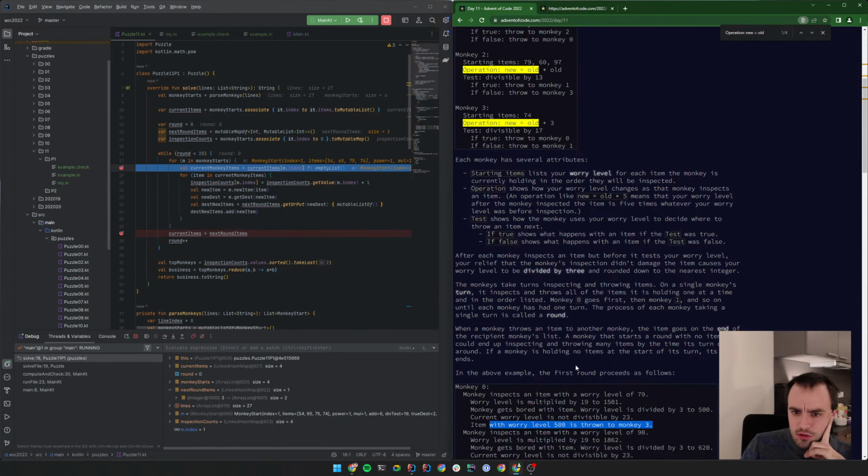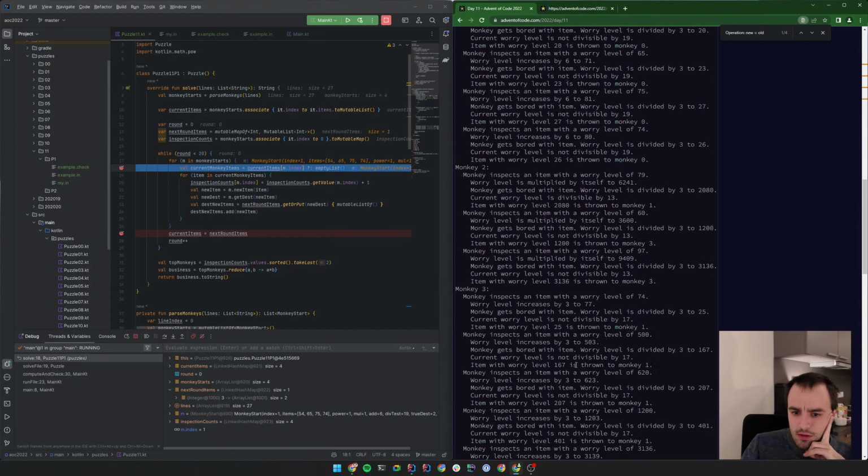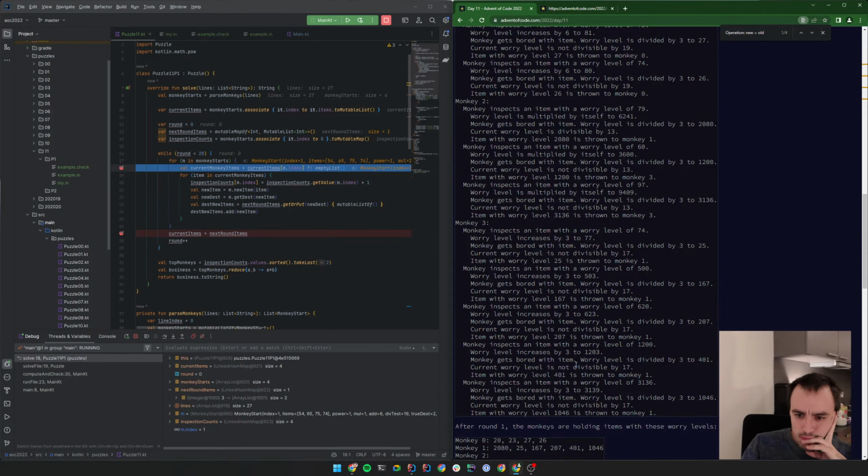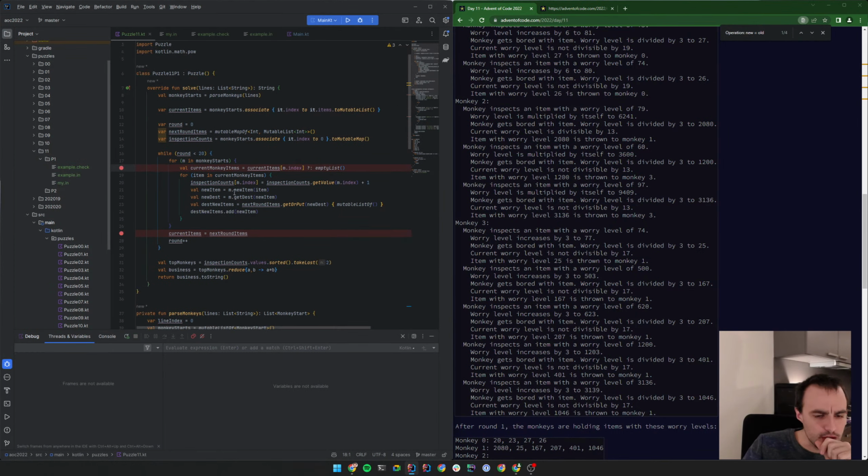Well, monkey 3 starts out with only one item. Okay, so they do already process them. Now then I misread that. So if they do already process them, we don't really need the next round items, right? Yeah, not really. The only thing is we need to make sure that, so I think the easiest is we